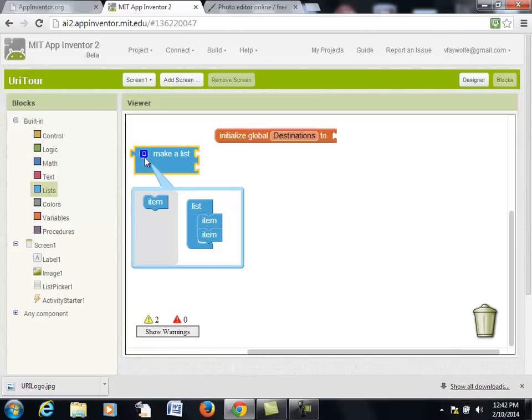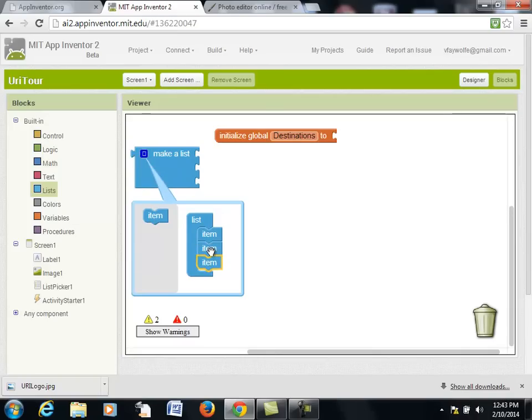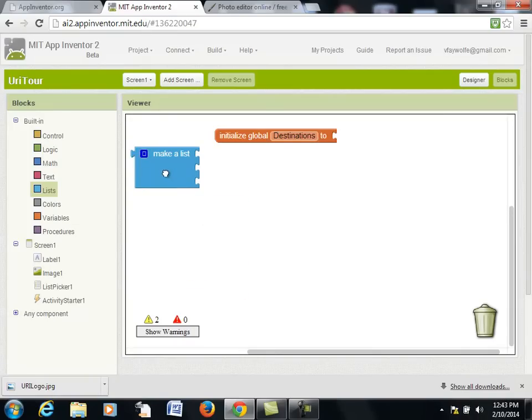Up comes this ability for you to say how many list items. I know I'm going to have 3 items, one for Ballantyne Hall, Tyler Hall, and the Ryan Center. The list by default comes with 2 items, so in the pop-up that comes up, which you can always get by clicking here, I want to drag a 3rd item down to say I want a list of 3 items. So now I want to initialize the global variable destinations to be a list,